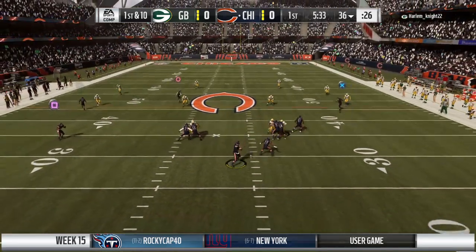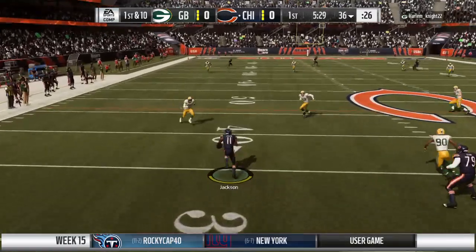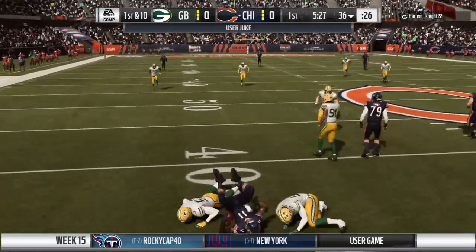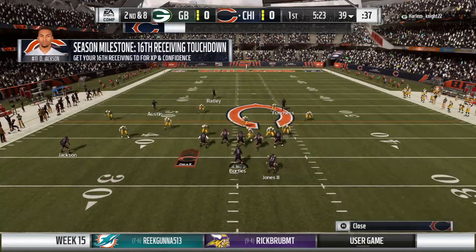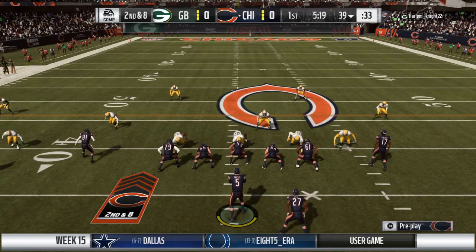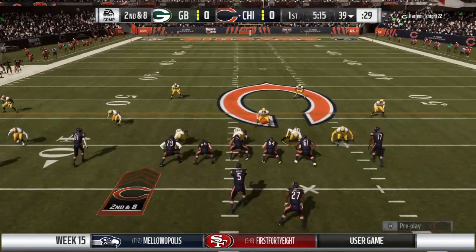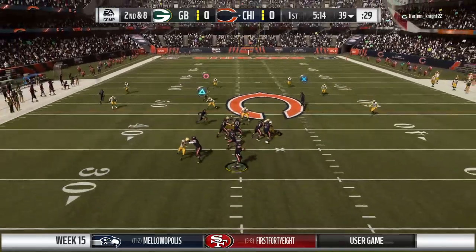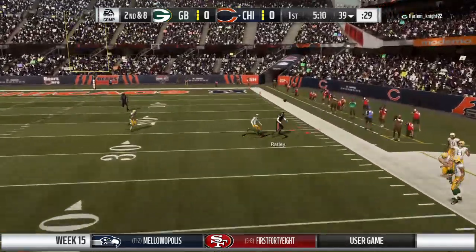Throwing on first down is Bortles. Bringing it in, Jackson left side. So he got free of 1 tackle but couldn't do a whole lot else. Give him a couple on the catch. It's 2nd and 8. Defensively here, you're facing a top 5 team in terms of points scored in the NFL. So when they're that high powered, you've got to find a way to hold them under 20, because to me, that's the magic number. A 20-point score gives you...